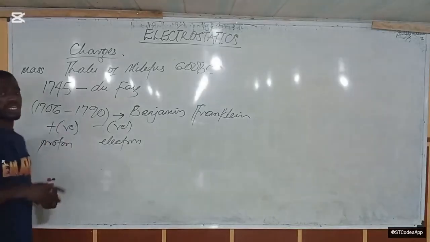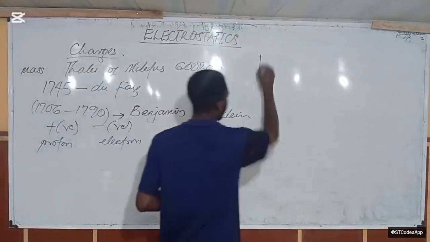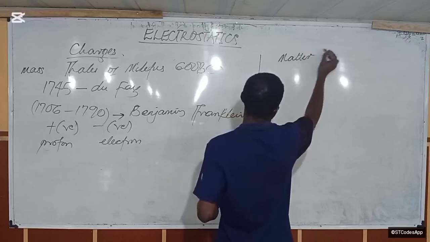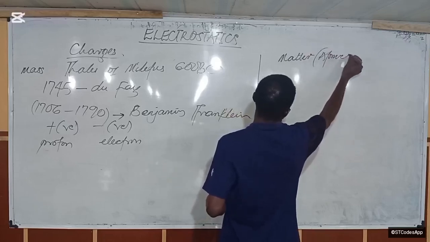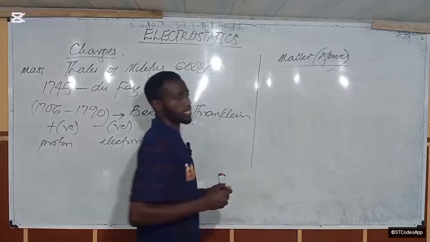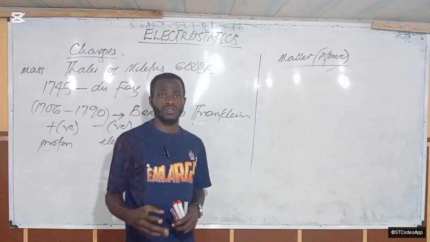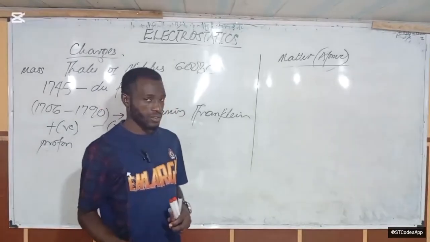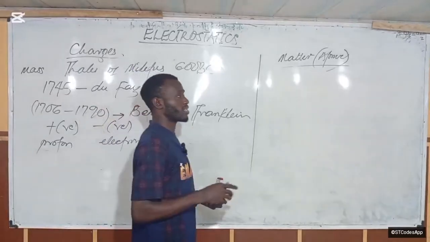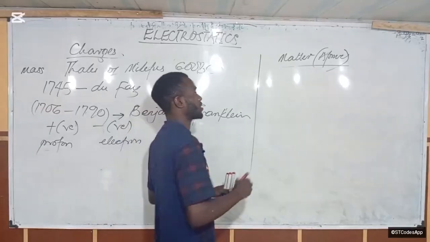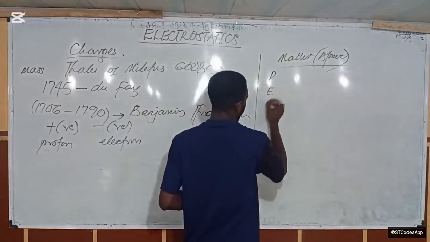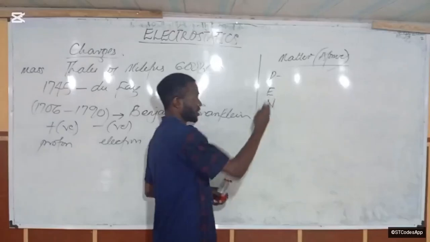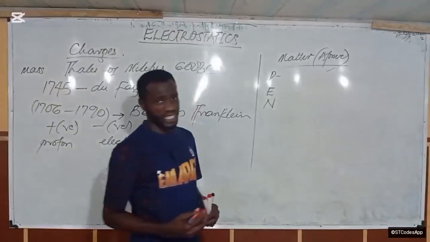All right. In order to understand how this process takes place, we have to understand matter on the atomic scale. So matter and charges, on the atomic scale now. We know that an atom is made up of 3 fundamental particles. And what are the 3 fundamental particles? They are the protons, electrons, and neutrons, okay? So protons are positive charges, electrons are negative charges, and neutrons are neutral, yeah?